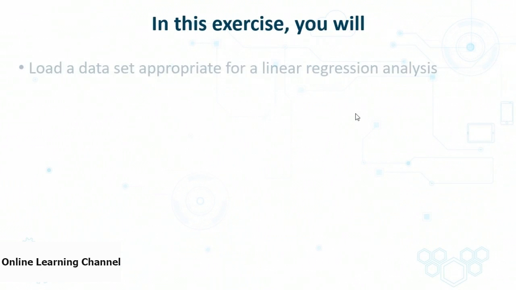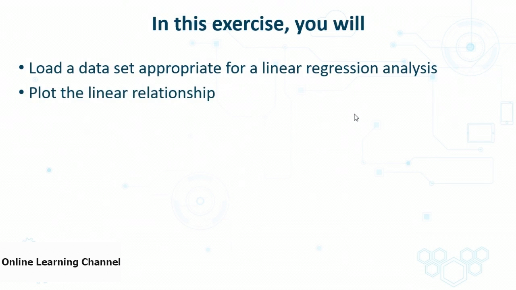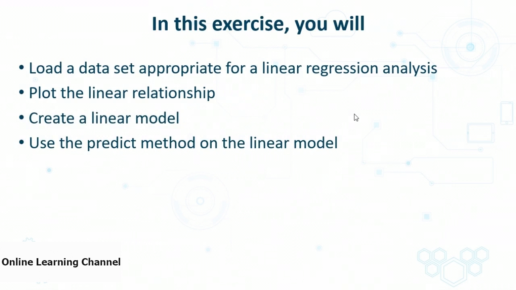In this exercise, you'll load a dataset appropriate for a linear regression analysis. Then plot the linear relationship from your dataset for the dependent and independent variables, or the predictor and response. Then create the linear model, and finally use the predict method on the linear model. Now pause the video and perform the exercise, and when you've completed it, come back to the video to see